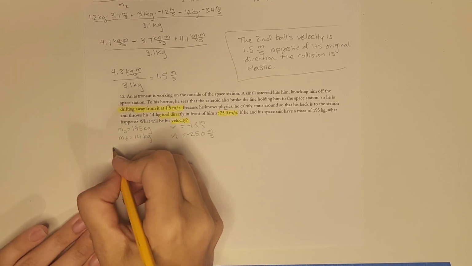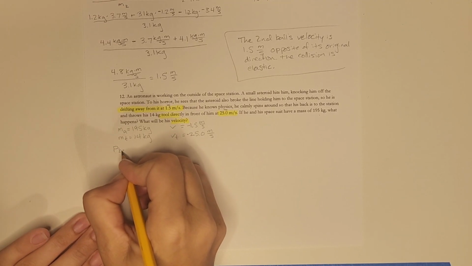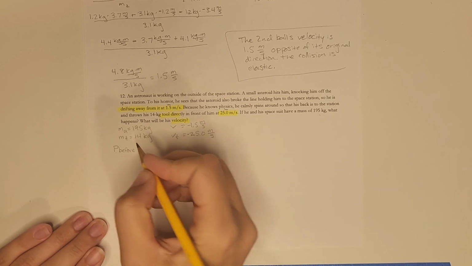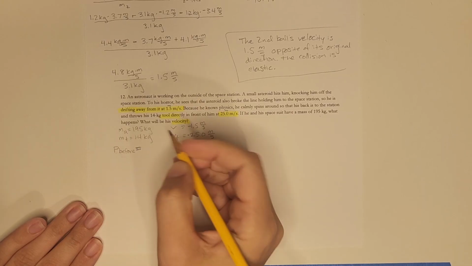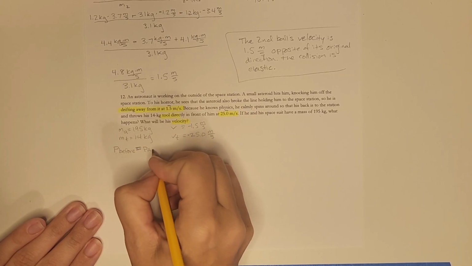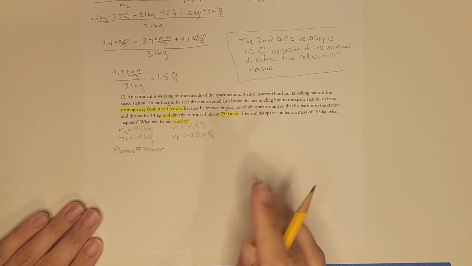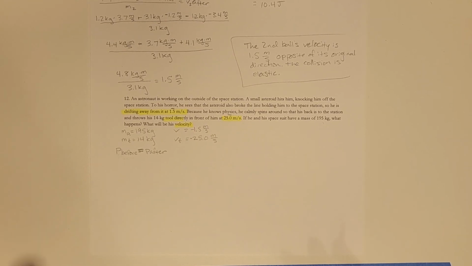Let's think about what is happening. We have this same equation that we have used so many times today. The P before, our momentum before, equals our momentum after. So before, there's this astronaut, and he's drifting away. After, this tool that was in his hand that he was using to work on the space station, he throws